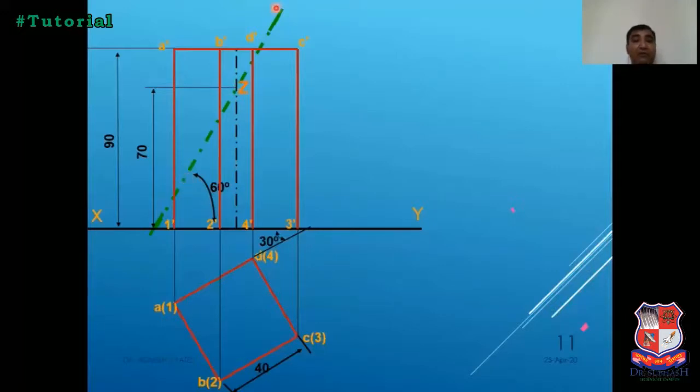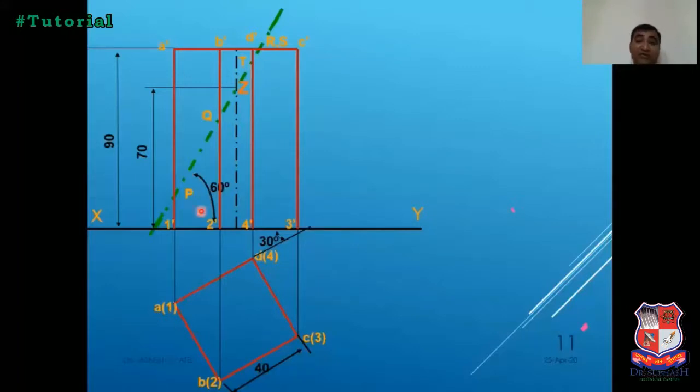Okay, now let us identify some points. So here, the intersection point of this cutting plane with A dash 1 dash is P. Similarly, at B dash 2 dash it is Q, and between B and C it is R, between C and D it is S, and again here it is T. Okay, B dash 4 dash intersection point is T.